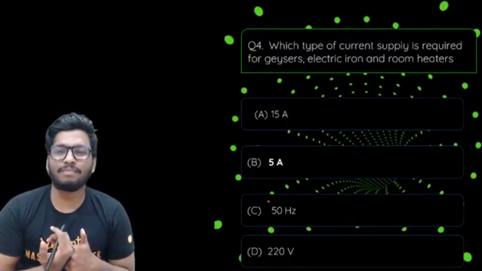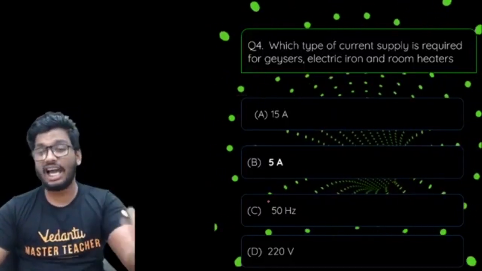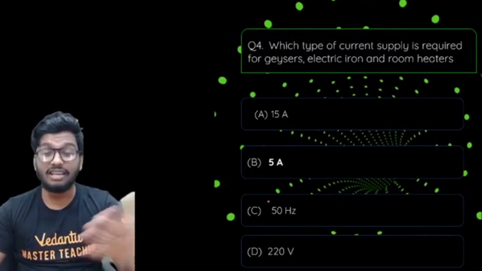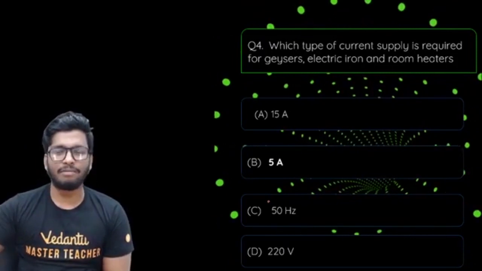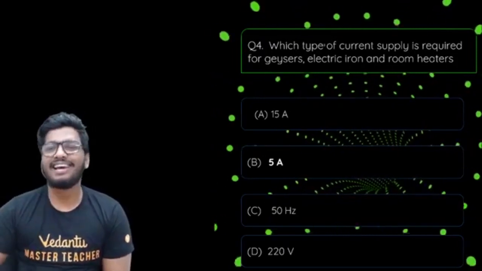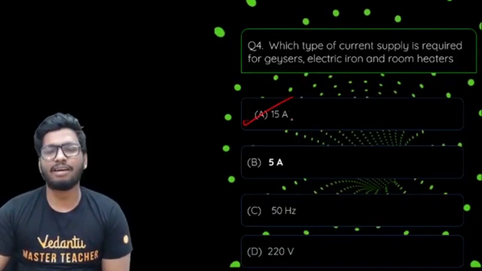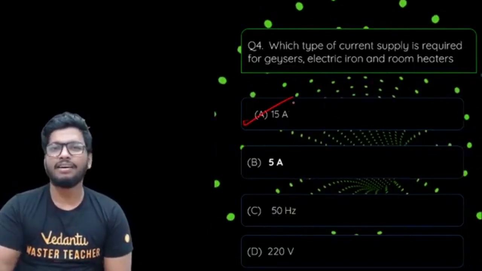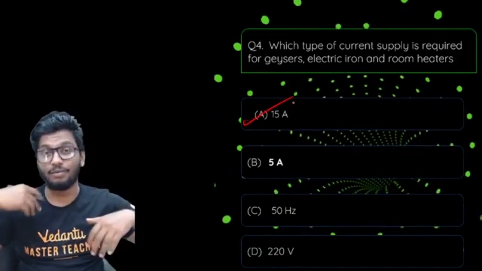Which type of current supply is required for geysers, electric iron, and room heaters? Is it the 15 amperes one? Is it the 5 amperes one? 50 hertz one, or 220 volt? What do you guys think? What type of electric current supply is required for geysers, electric iron, and room heaters? The answer, clear, people, it's 15 amperes, because obviously these are very big. They require a lot more electrical energy. So for that reason,